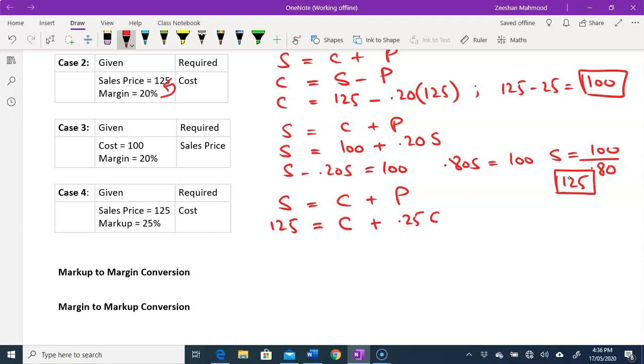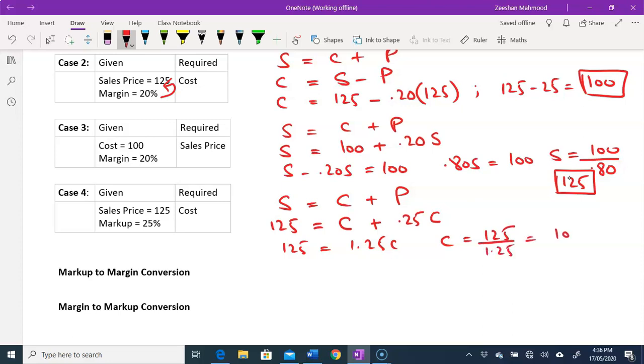Now cost is unknown, so we will represent cost here as C. So if I solve for this, then this is 125 equals 1.25 C, and C equals 125 divided by 1.25,